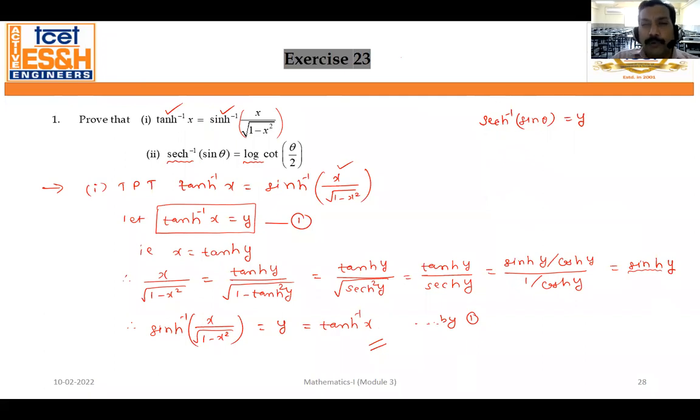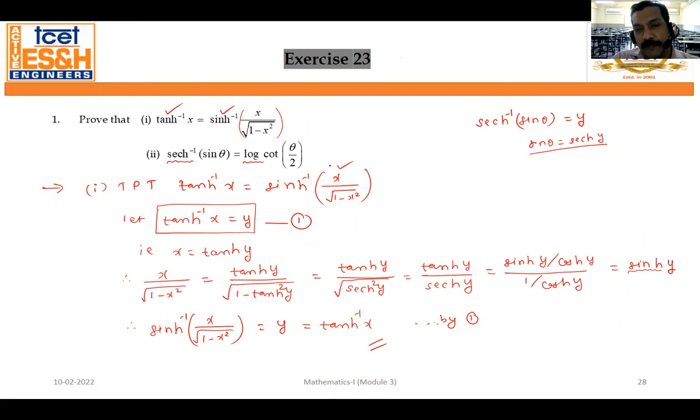Okay, but ये थोड़ा सा ट्रिकी हो जाएगा। पता है क्यों? Because जैसे आप असूम करोगे sec hyperbolic inverse of sin theta is y, आपका sin theta क्या बनेगा? Sin theta बनेगा sech of y, hyperbolic sec y. अभी इस इंफॉर्मेशन से log of cot of theta by 2 ये प्रूव करना तो डिफिकल्ट है ना।